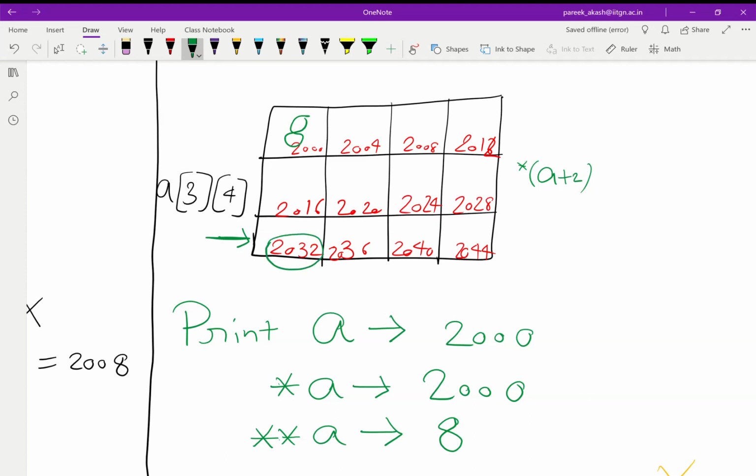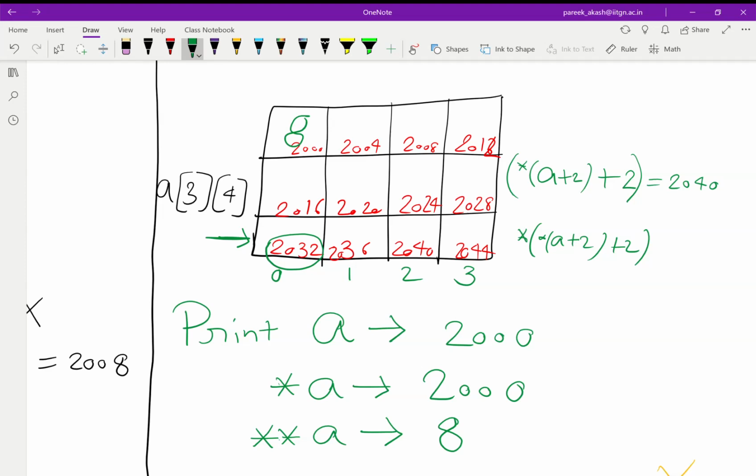And if we want to see the content which is at location 2024, that means this is the second place. If this is 0, 1, 2, 3 by index, then this is the second place. Then plus 2 will give us 2040, the address, and star of this part, that means *(*(A plus 2) plus 2), is the content.